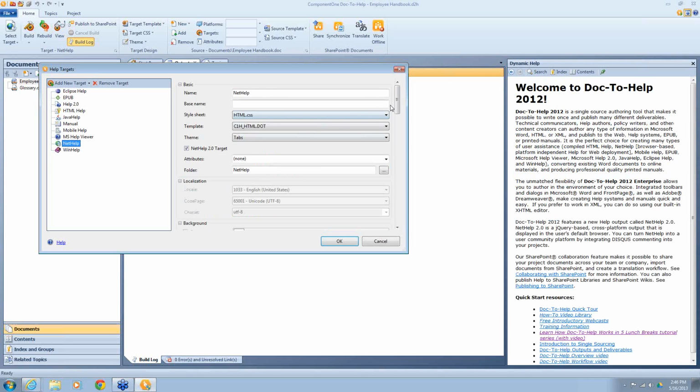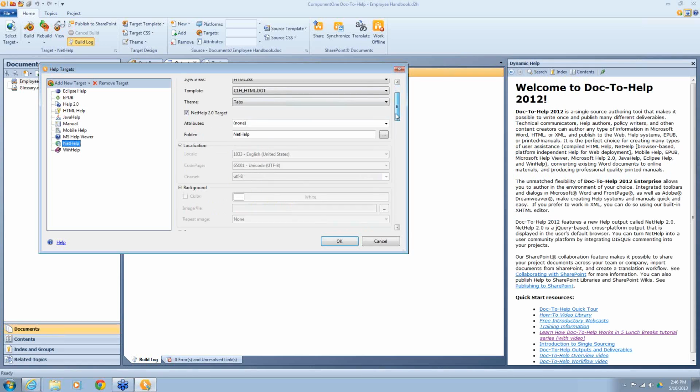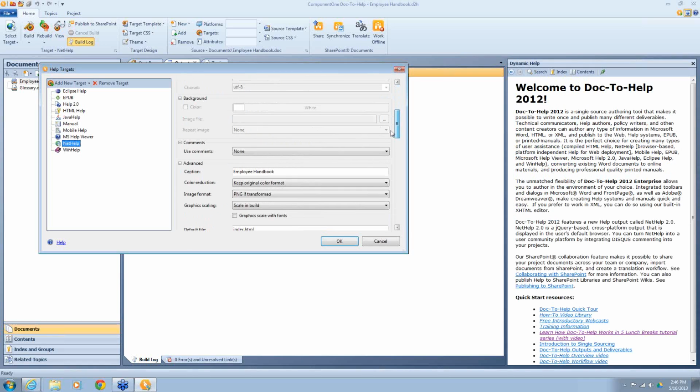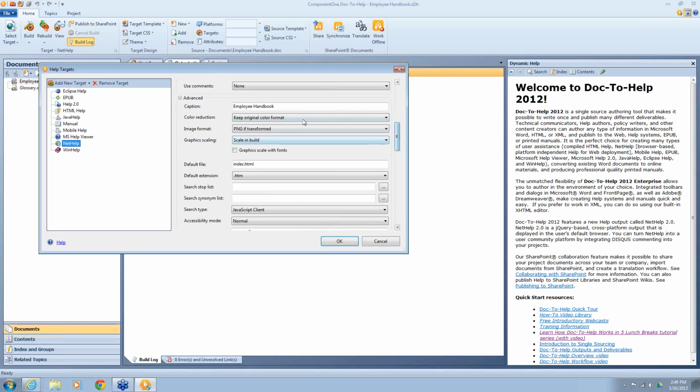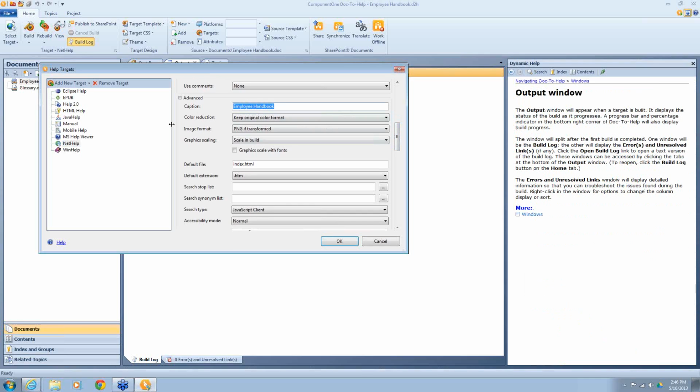If I select NetHelp, there's a lot of other options that I have. Okay, so the first is caption. If I want to, I can change this to whatever I want to. By default, it's the name of the project. So maybe I'll not make it something like that. I'll say something like